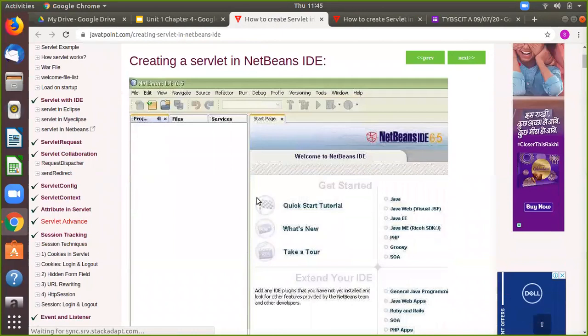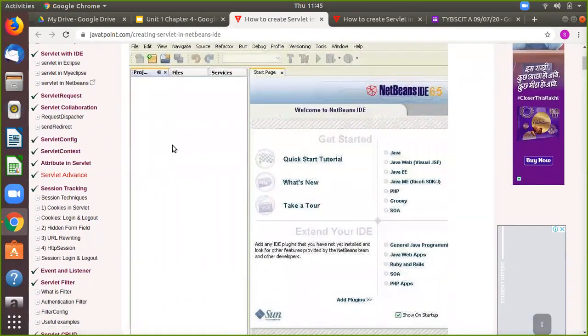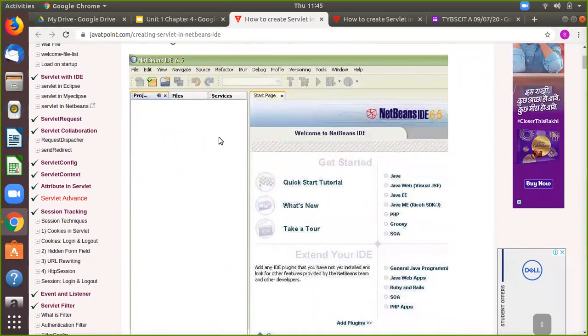So now this is your NetBeans IDE, which you are going to get. I have asked Satyavan sir to give me all the possible software required in one drive link, and I'll share that with you in one or two days. Most probably he will be giving it today. I'll share it once I get it, and then you try to install it on your machine. If you have any problem while installing, you can ask me.